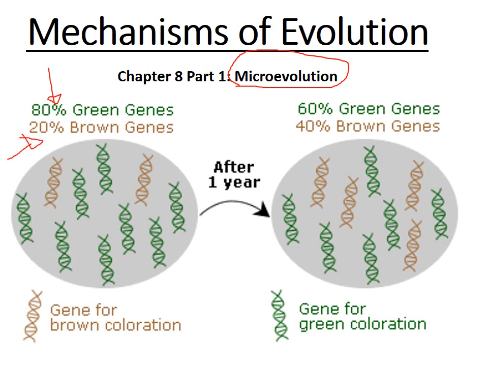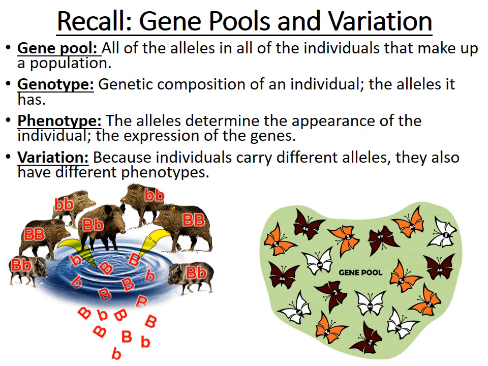After a year, we now had 60% green genes and 40% brown genes, and it's because one of the conditions for Hardy-Weinberg equilibrium was not met, or maybe more, and then evolution occurred as a result of those conditions not being met. The first few slides will be review slides, just to frame the picture of Hardy-Weinberg equilibrium